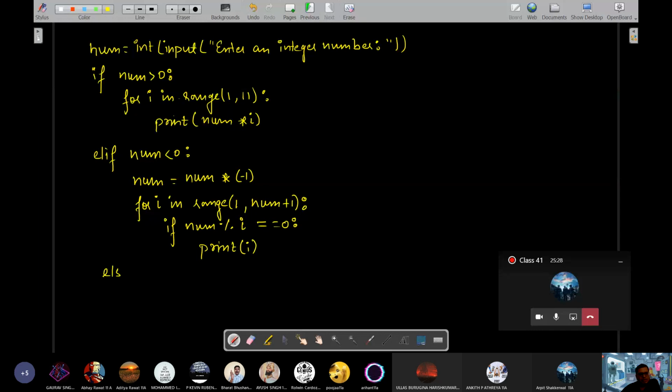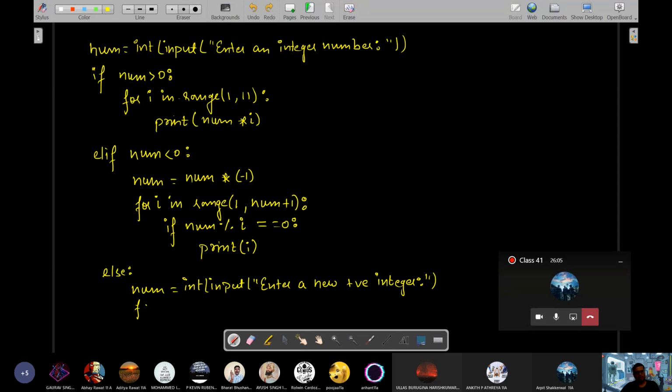Else, num is equals to int input, enter a new positive integer. Okay, and then once the user has given a new value in num, you will print its factorial.